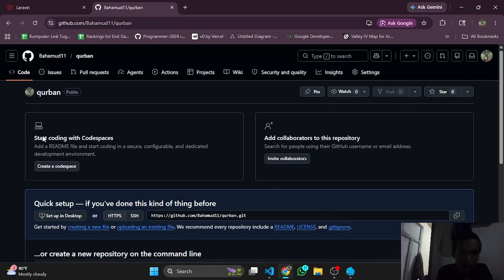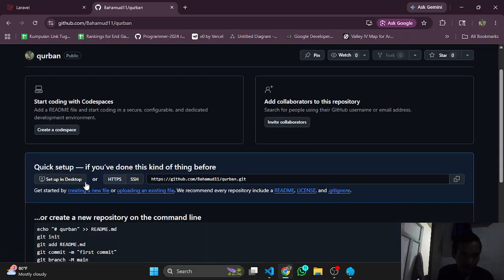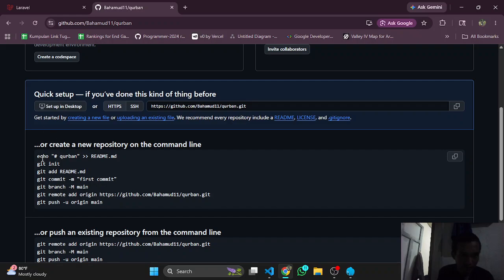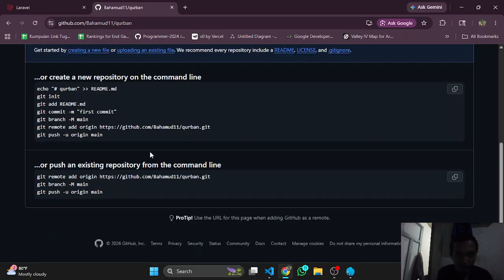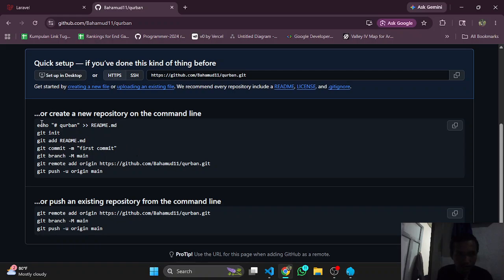So this is the tutorial for how to upload your website to GitHub. This is the quick setup. Let's focus on this part here: create a new repository on the command line.